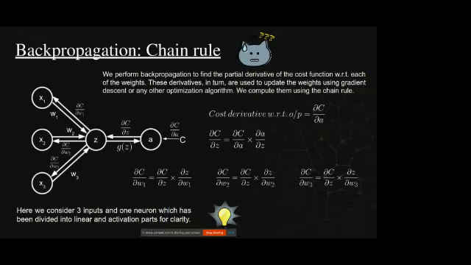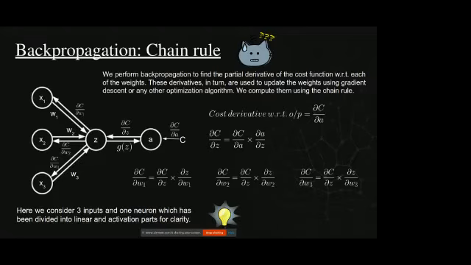I'm sorry, that is not done by the backpropagation, that is done by the optimization algorithms, one of which is the gradient descent. If you remember gradient descent, what did we do in gradient descent? We started from the topmost portion of the cost function, that is the maximum value of error, and went to the minimum cost function, so that the error is the lowest possible value. Now to perform gradient descent, we have to calculate the gradient first. And the gradient is calculated by this algorithm, which is the backpropagation.